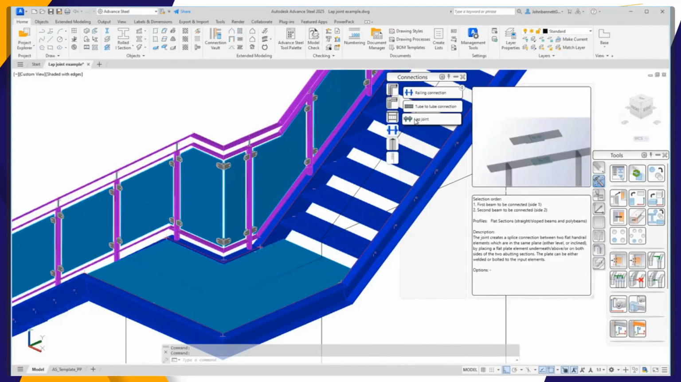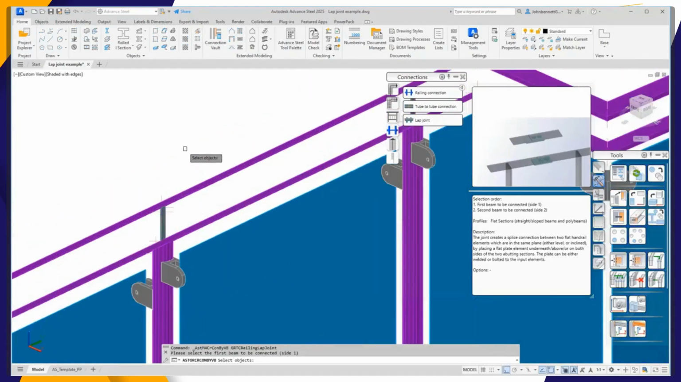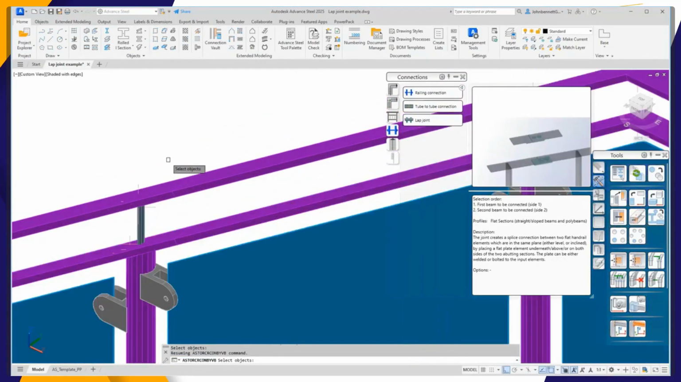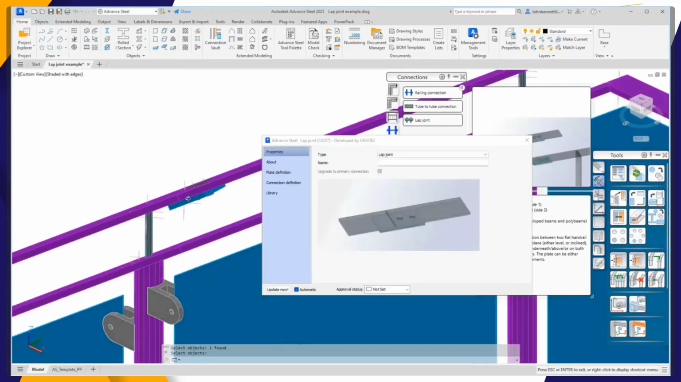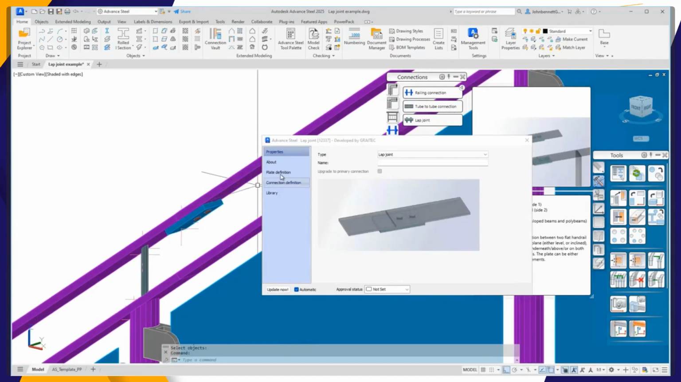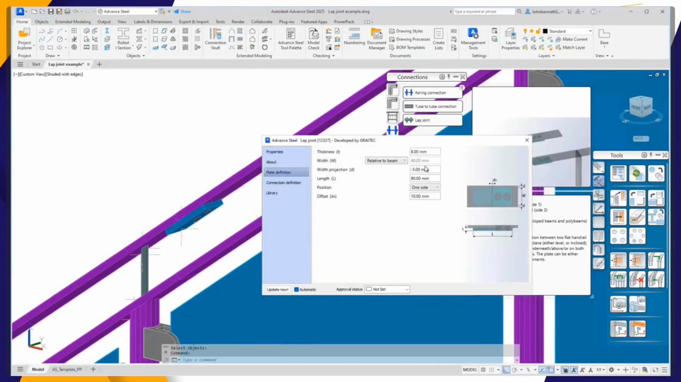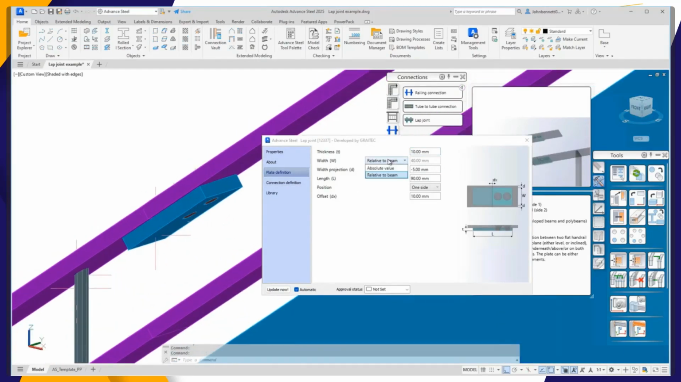So the connection is located in the palette for stairs and railings under the connection area. You know already that we have one for tubular profiles. Now we have created this one for flat profiles. As usual, you need to select the two profiles that you want to connect, and you have the plate definition and the connection definition. The plate can be relative to the beam defined, or also you can set an absolute value